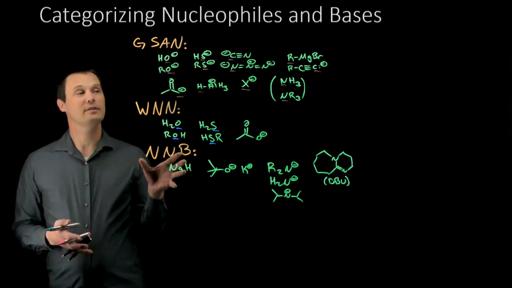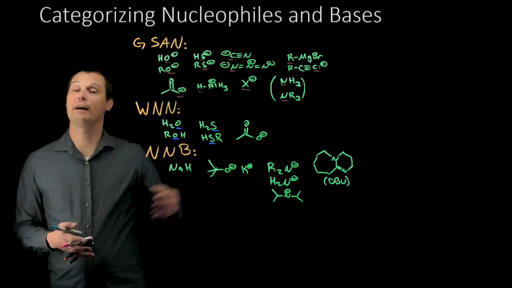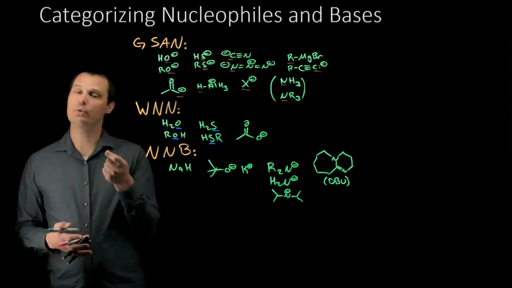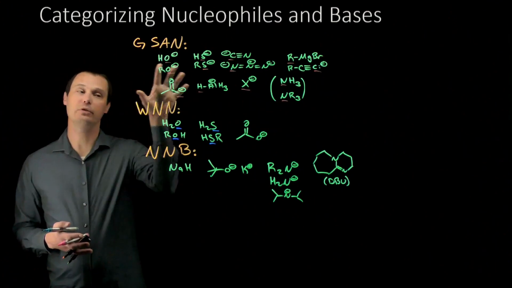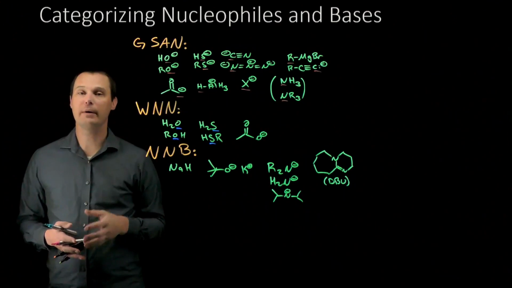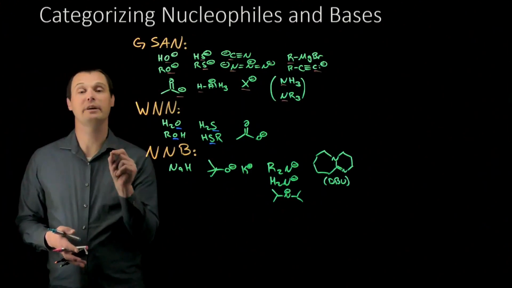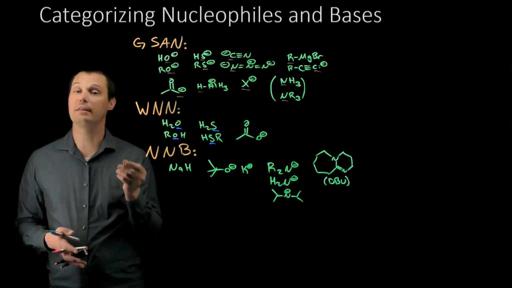An OChem Ninja would have this list at hand at all times and add to it as you go throughout the course. When you're doing practice problems or studying for an exam, when you get to a new reagent, you want to look at that reagent, see if you can classify it as a good strong anionic nucleophile, a weak neutral nucleophile, or a non-nucleophilic base, because that's going to give you some key information about how this reagent is going to be working in this particular mechanism.